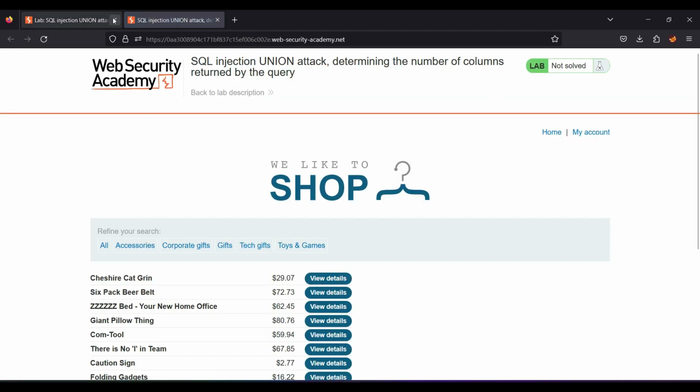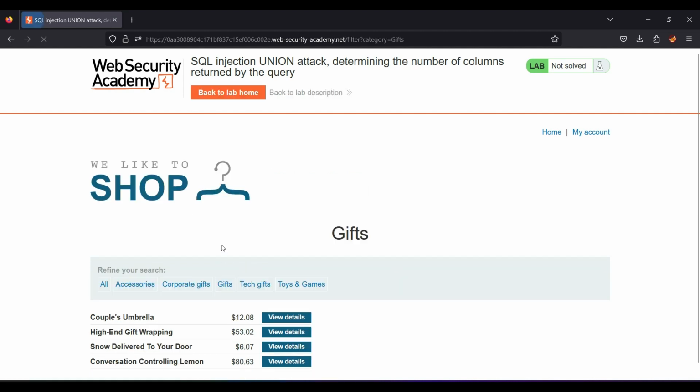Yeah, this is the lab, and now there are many categories, you can see. As usual, we access any of the categories. I'm just clicking on gifts, and you can see in the URL category=gifts is the parameter where we can inject and try to test the SQL injection.